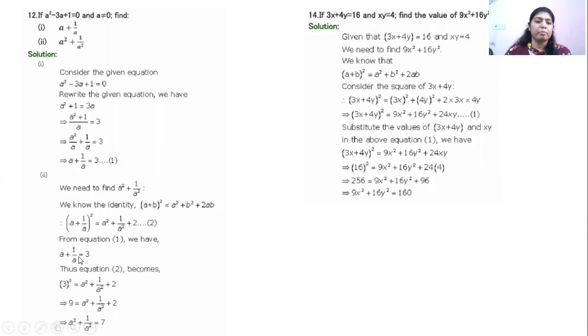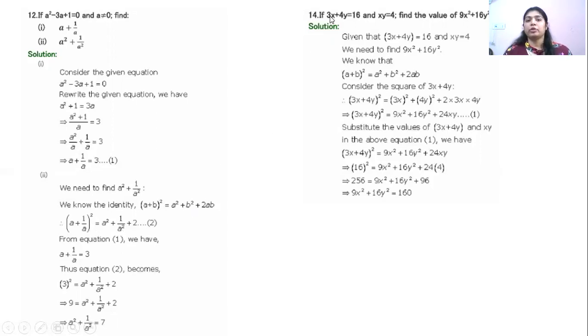So on squaring both sides of this equation, we'll get a² + 1/a² + 2 equals 3², and 3² gives you 9. And when 2 changes its side from right to left, it will be negative. 9 − 2 gives you 7. So a² + 1/a² equals 7. Questions are quite easy, but first of all, we have to memorize each identity. And we should practice. If we replace b with 1/a, then what will this identity become?